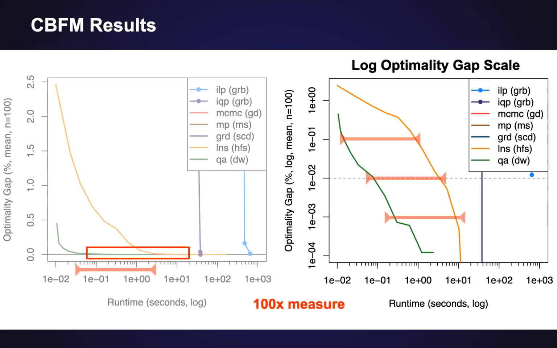To investigate that, we can plot that scale on the optimality gap on a logarithmic scale. And here I'm showing you this along with different measuring bars for the 100x improvement. And the good news here is that you can see for different levels of optimality gap, you still get about 100x improvement in runtime, which suggests a nice robustness property for different levels of solution quality, you still have a significant performance gain of quantum annealing over